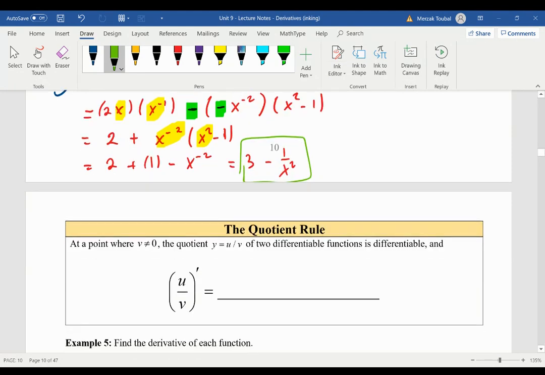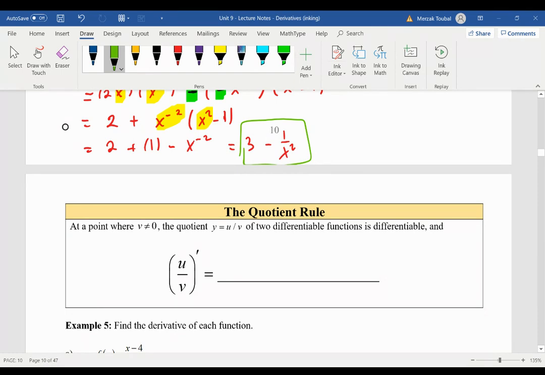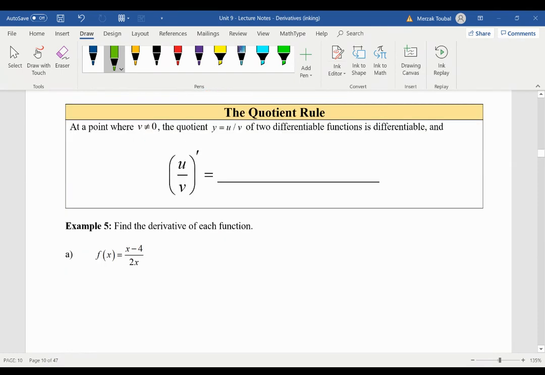This is in regards to the product rule. Let's do one more thing, which is the quotient rule. Quotient rule is the last rule we're going to learn in this section. So the quotient rule says if you are taking the derivative of the quotient, the ratio of two functions, then